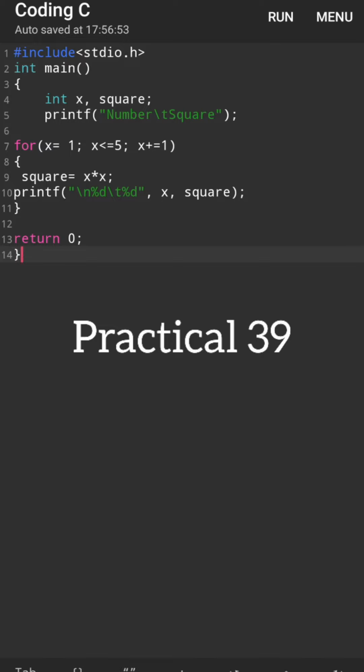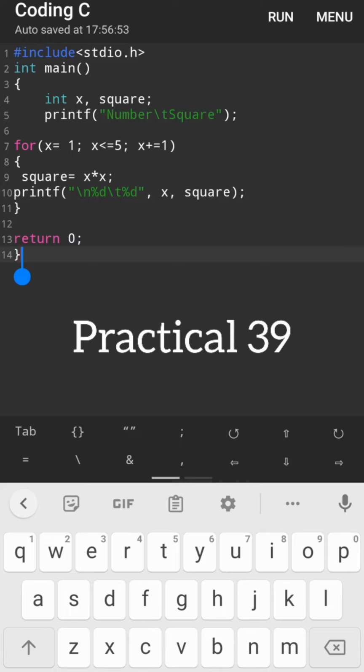So I'm showing you the practical 39 from the computer science class 10 notebook, and it's just like the previous program. We found the cube, where the value is multiplied 3 times. Now we have to find its square. So the square variable is